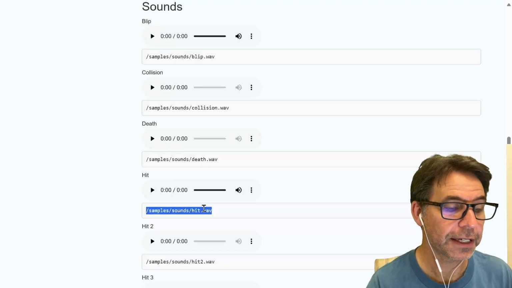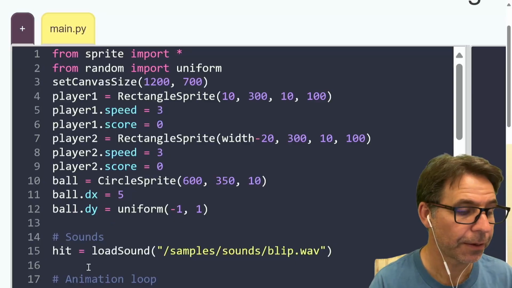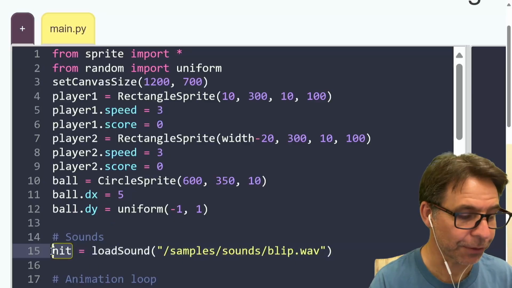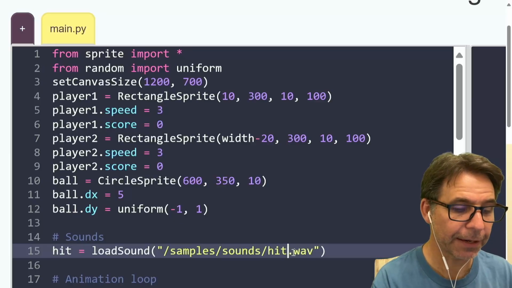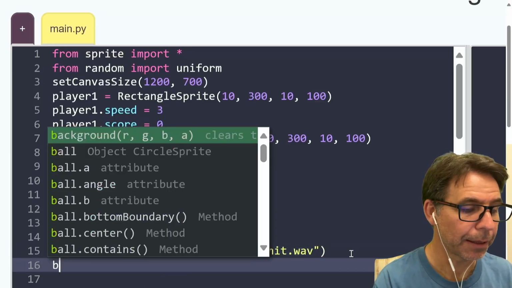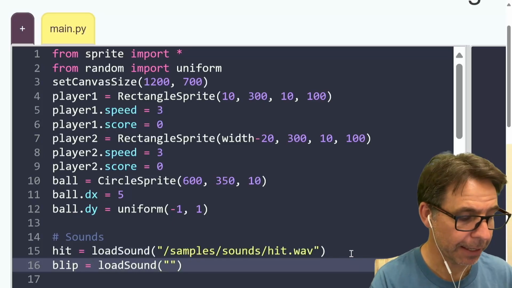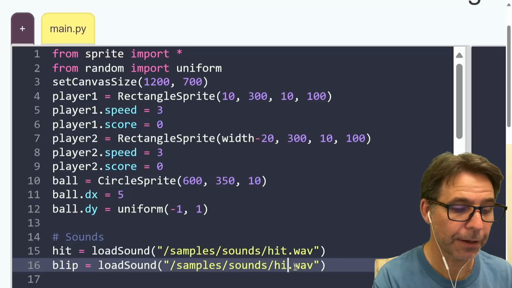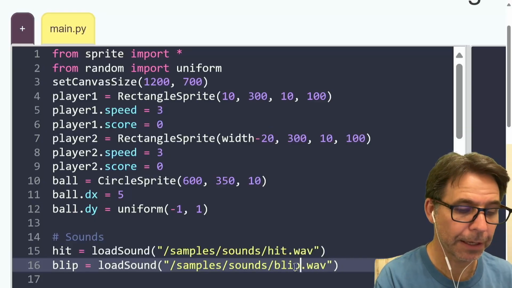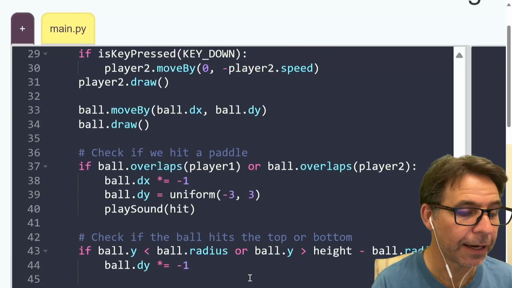So let's use this hit.wav. Interestingly, I've changed them different. Let's use hit for that one, and blip equals load sound, and blip. All right, so we've got hit and blip,